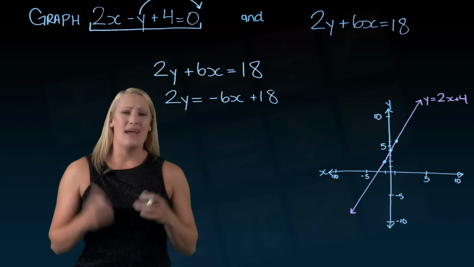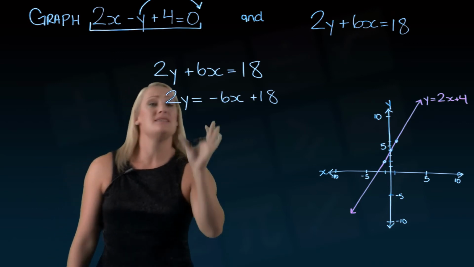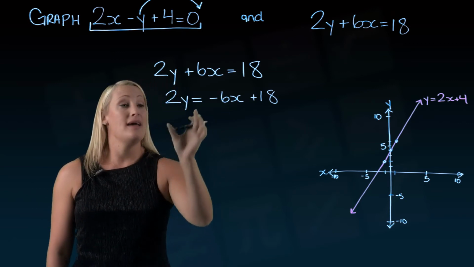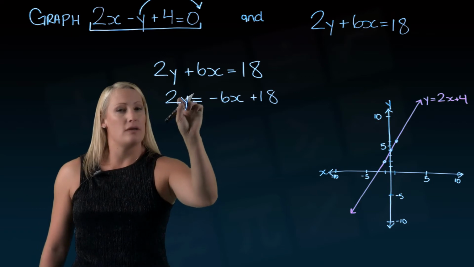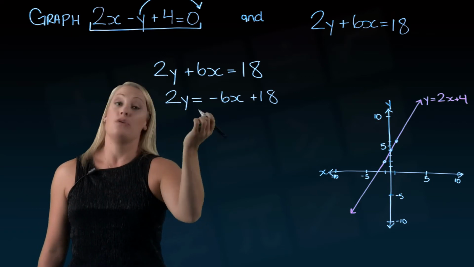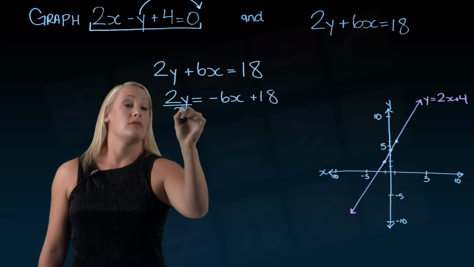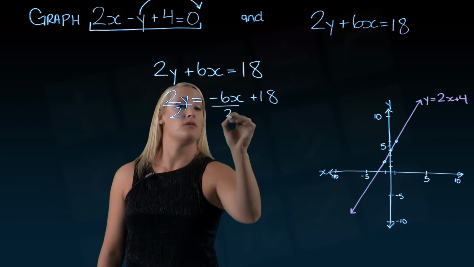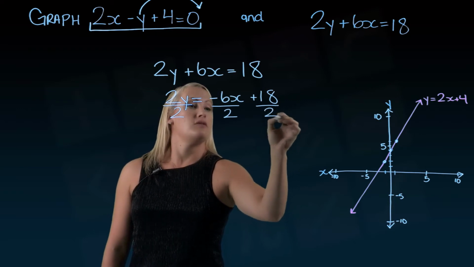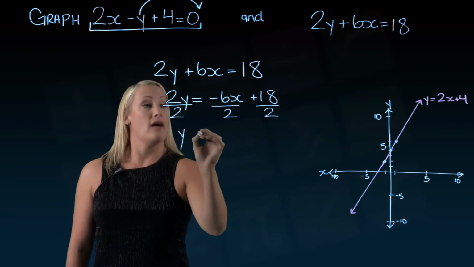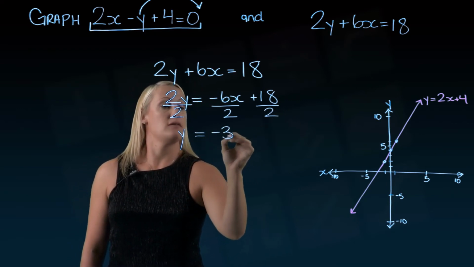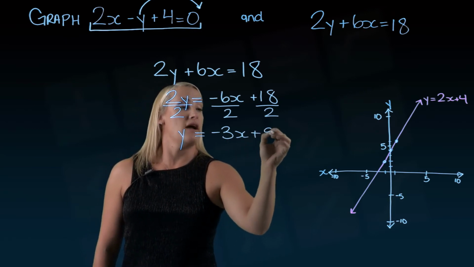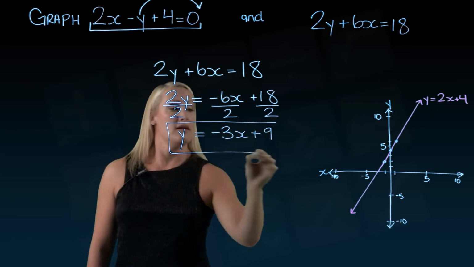But I don't have a y yet by itself. I've got a 2y, so I need to get rid of that 2 in front of the y. It's stuck to that y. There's no plus or minus in between them. So the only way to get rid of that 2 is divide it out. If I do something to one thing in an equation, I've got to do the same to the others. So let's do that. So now I have y equals negative 3x plus 9,